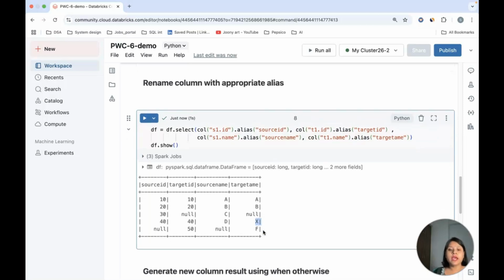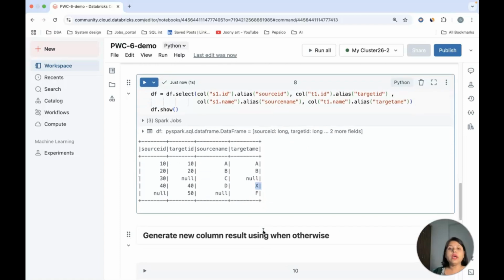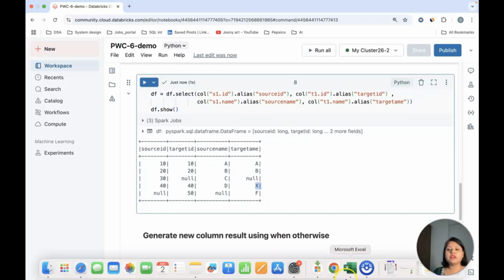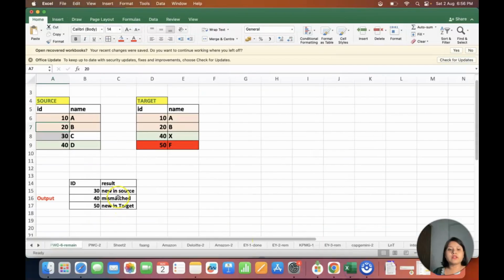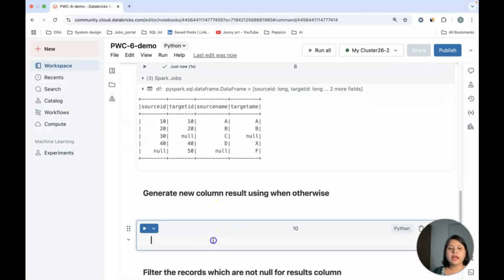So let's go ahead with the help of the when otherwise condition. We will go ahead and get the rows, like the rows that are new in source, mismatch, and new in target. So let me go ahead and give this as df1 is equal to df dot, I'll create another column with column.